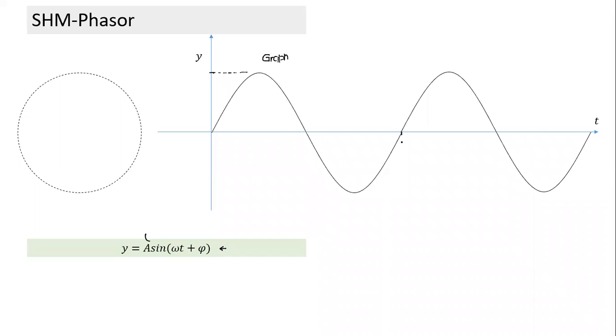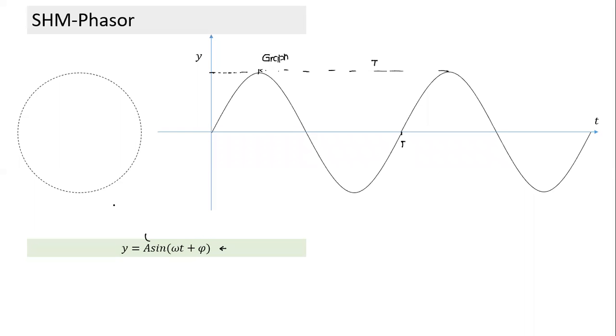If I mark this by T, I can take from here to here, the time it has taken. It keeps repeating itself at the time interval of T. So this also you can figure out. And what is this phi here? This phi depends on the phase at time t equal to 0. In this particular case, the phase is 0. But we can understand this phase constant a little better with the third method.